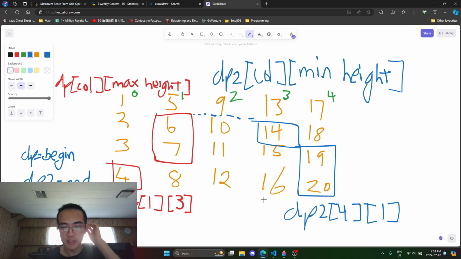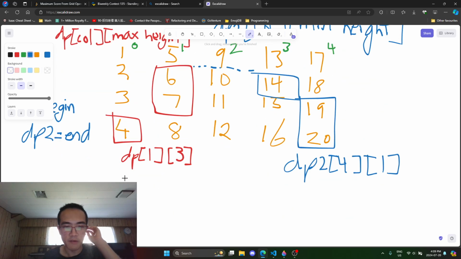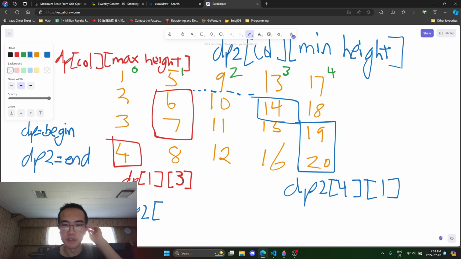So then, in this case, if we were to try to compute dp2 of 3 and 1, 2, 3, we will obviously